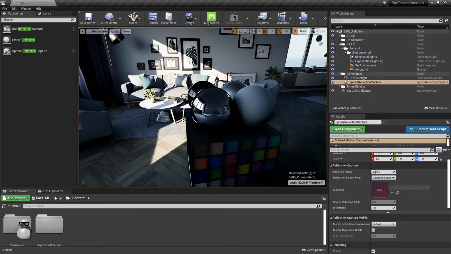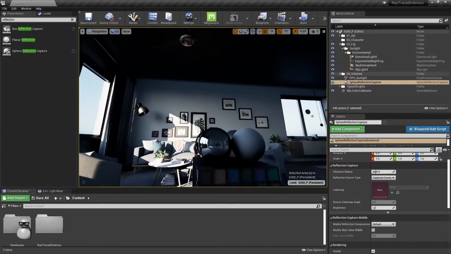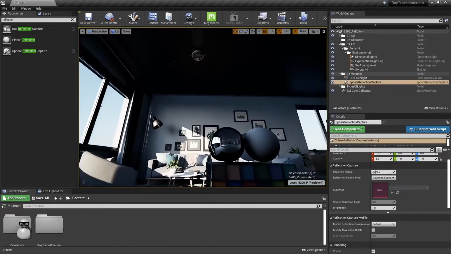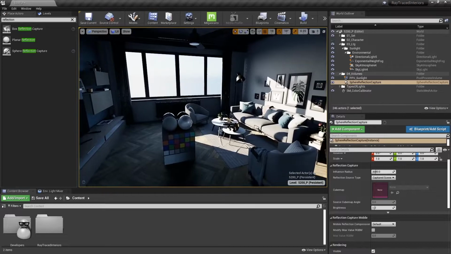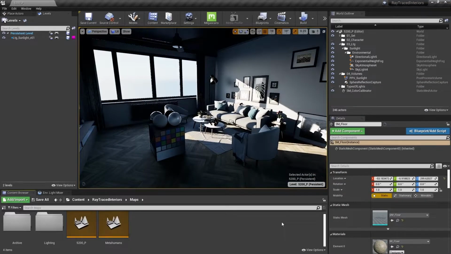So we're still getting some light in these reflections, but it's a lot more true to what the actual room is outside of that mirror ball. So I'm just going to leave that as is. All right, so the last thing we'll do here is to just take a look at those exposure settings in